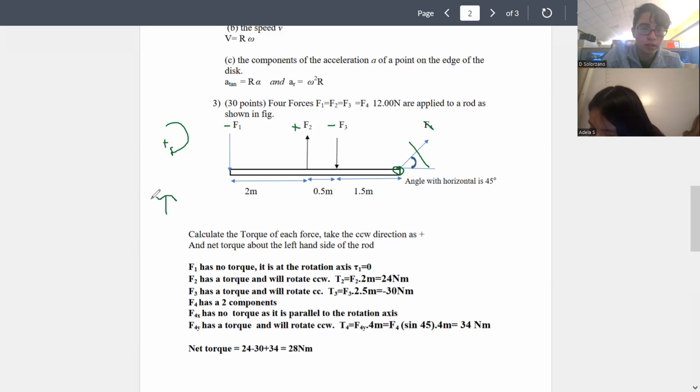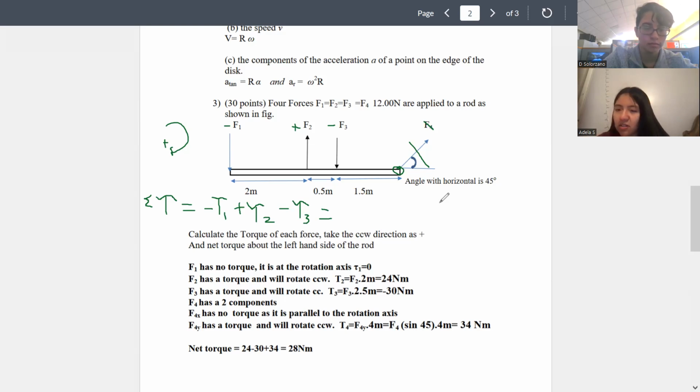So then we could do our sum of torques equation. You're going to have a negative torque for F1. The sum of all the torques is equal to negative torque of F1, plus positive torque of F2, and then negative torque of F3, right? Yeah, you have it written right there. We'll go to negative T1 plus...